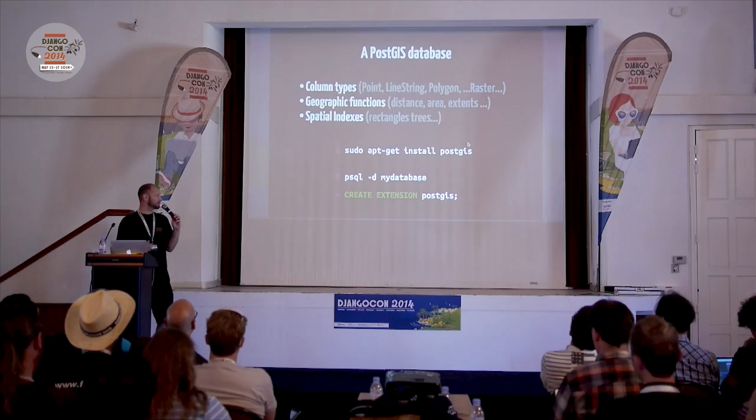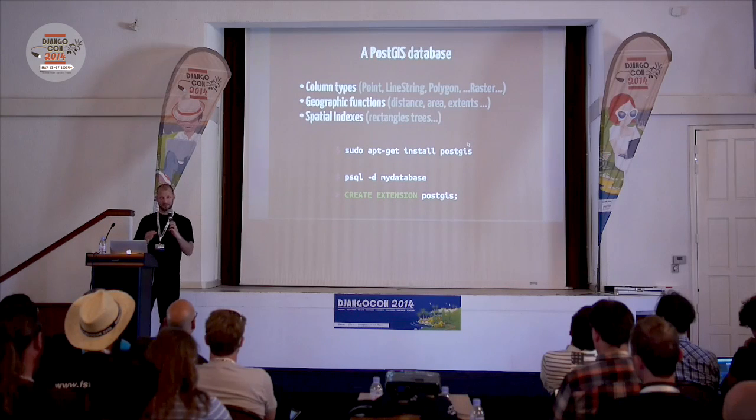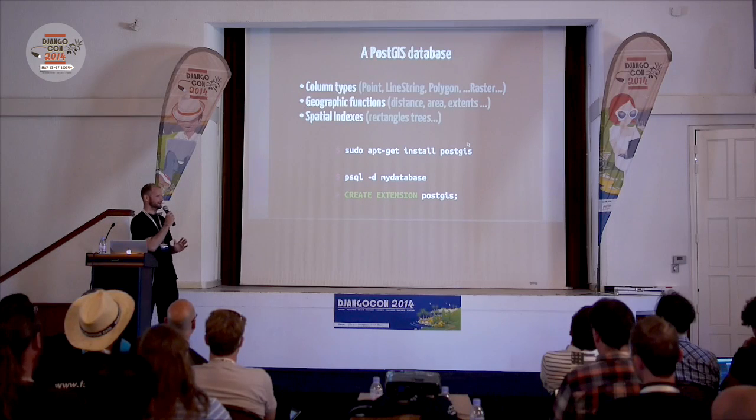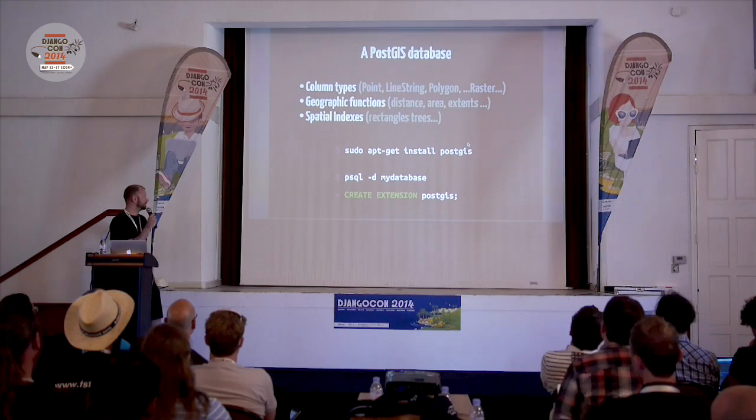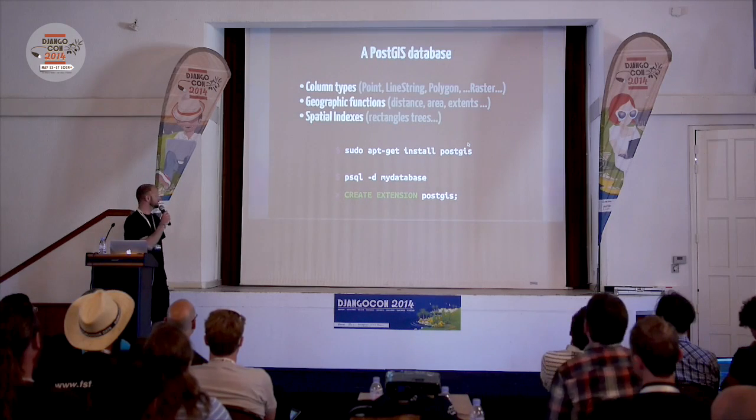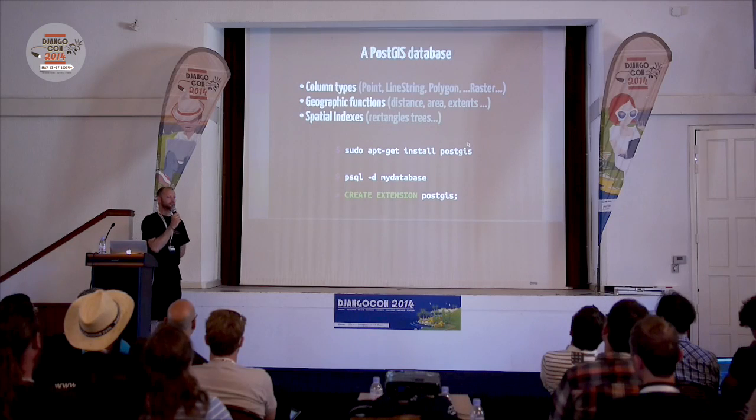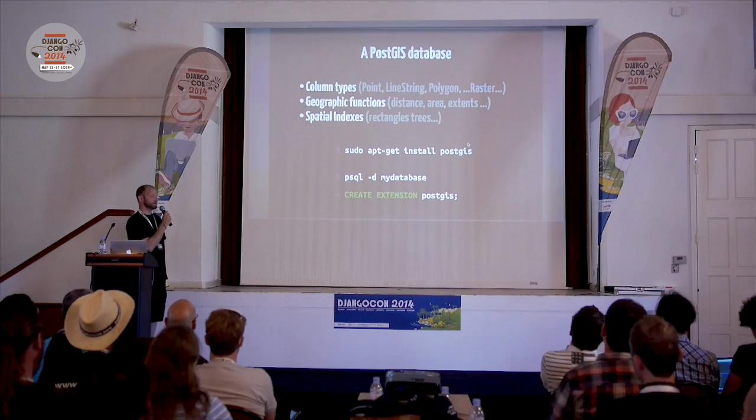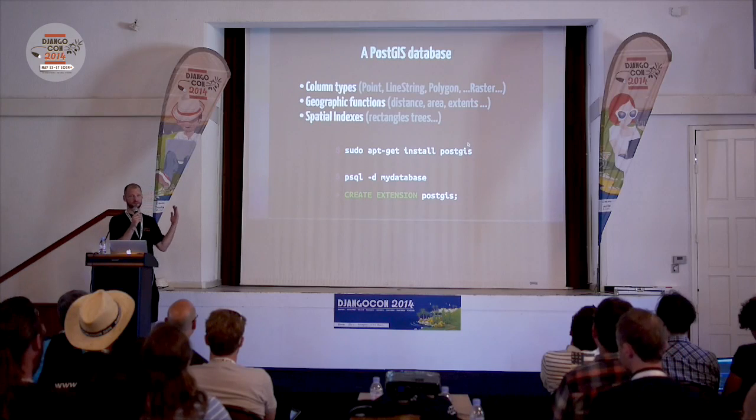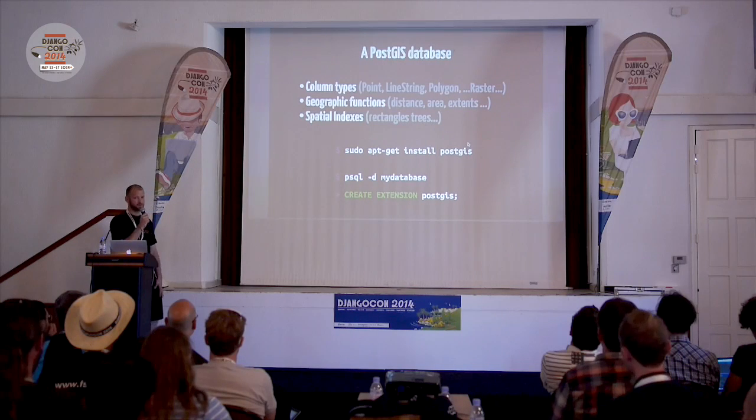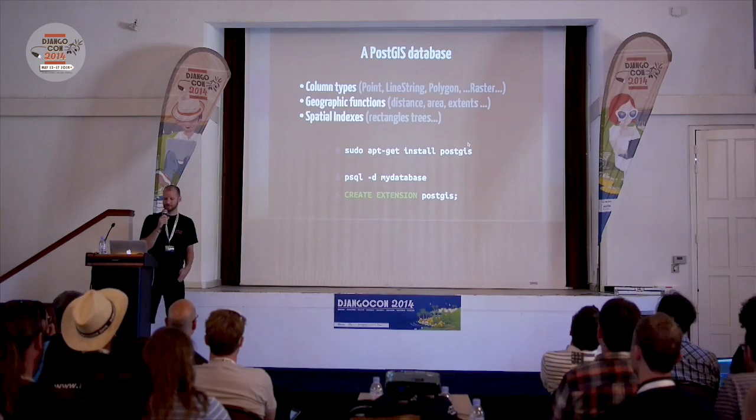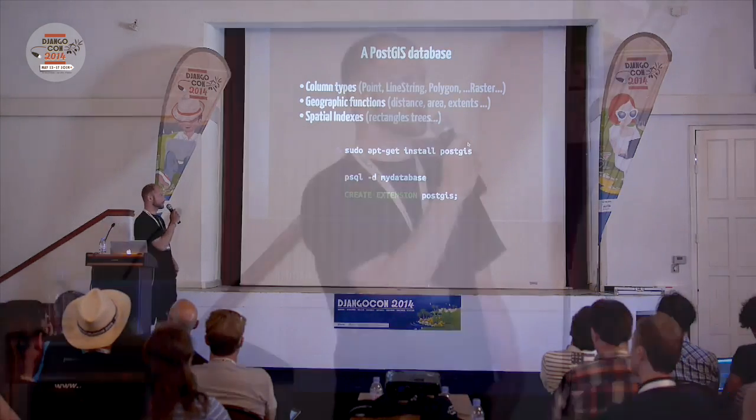A PostGIS database is very simple. There is nothing mystic about it. It's just an extension, as Mark told us. Activating the extension adds new column types, the ones we've seen before: point, line string, polygon, raster as well, since the new version PostGIS 2. And geographic functions, which